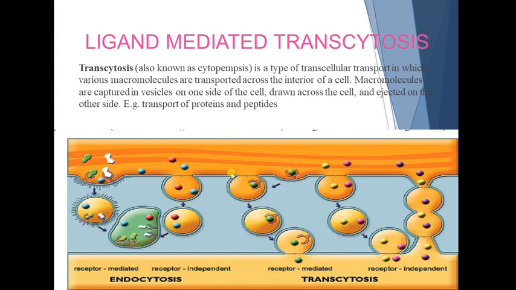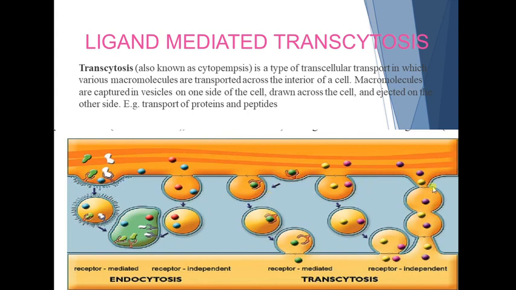In this also a vesicle is formed, and the drug is released in the intracellular space of the cell, and then the metabolites of the drug, after the drug has acted on a particular target cell, are removed by the process of exocytosis. And this process of taking up the drug or transporting the drug in the intracellular space of the cell and then removing it by exocytosis is transcytosis.